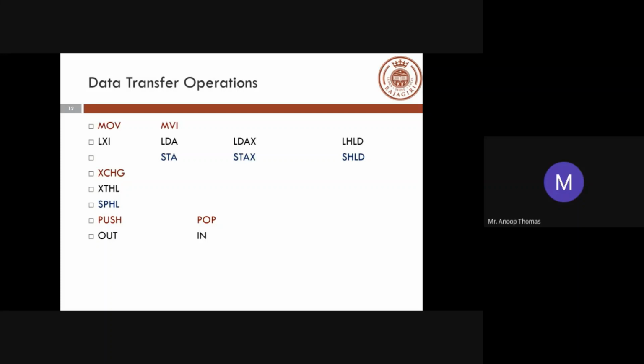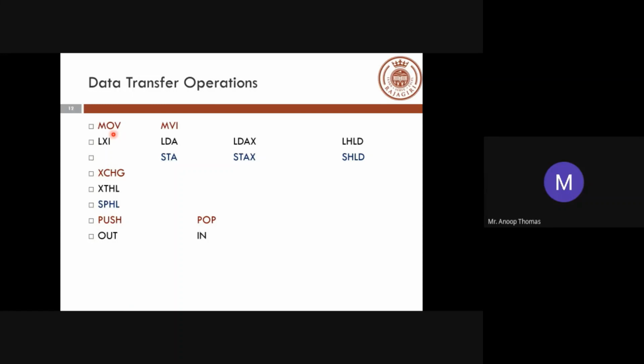Now, there are lots of instructions. Explanation of all these instructions might not be that fruitful. It will not lead to a fruitful discussion. So I will just mention the key terms and keywords associated with data transfer operations. Then we'll move on to the programs and try to understand the programs. That's my idea of teaching this particular assembly language. So there are certain keywords.